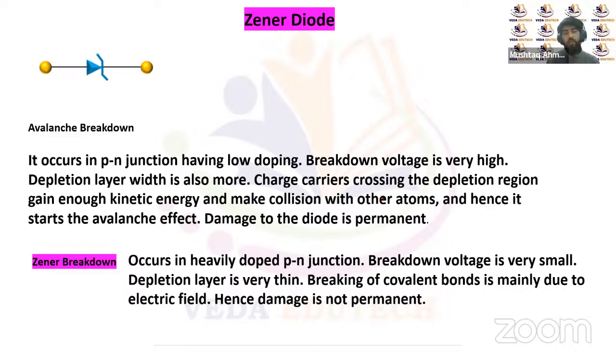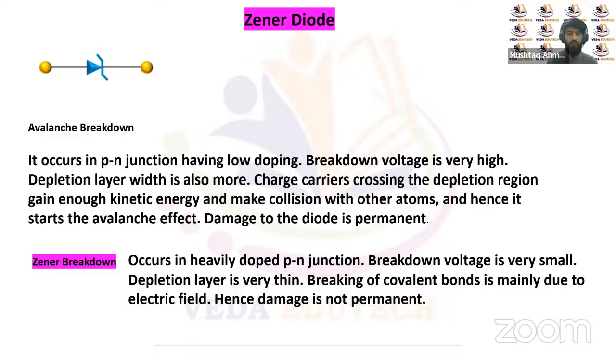There are actually two types of breakdowns. One breakdown we call avalanche breakdown, and another we call Zener breakdown. Avalanche breakdown occurs in a p-n junction diode having low doping, so the breakdown voltage is very high. The depletion layer width will also be more. The current will be because of the minority carriers. When the minority charge carriers cross the depletion region,